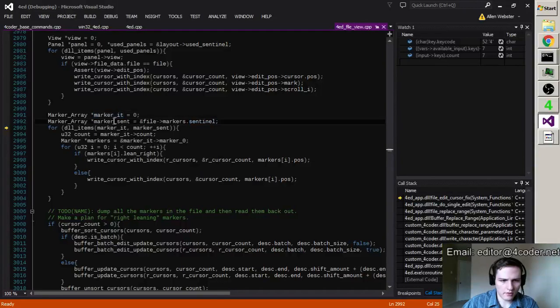So marker iterator, marker sentinel, DL items, marker 8 over the sentinel, count equals marker 8. Now I'm taking all the markers and writing them in. Write cursor with index, R cursors, R cursor count. That marker there.